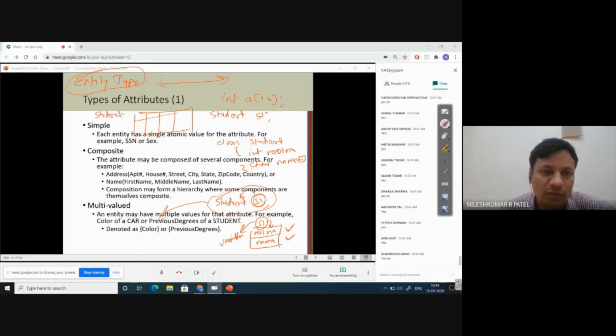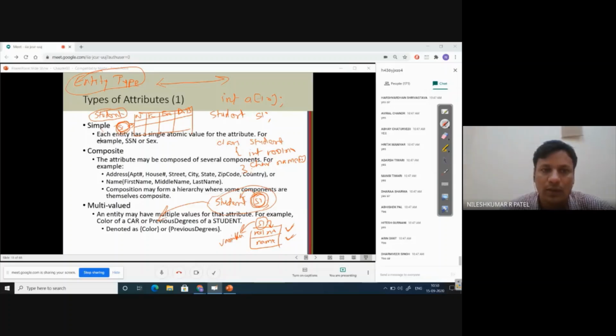First one is name, second is enrollment number, third is email address, and fourth is date of birth, maybe, and any attribute you can consider. When I insert one record, it is an instantiation of s1, entity 1. Like this is a class object, this is a database object, you can say. And the entity type is actually student in this case, right?